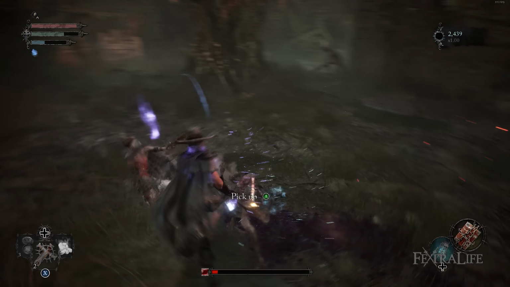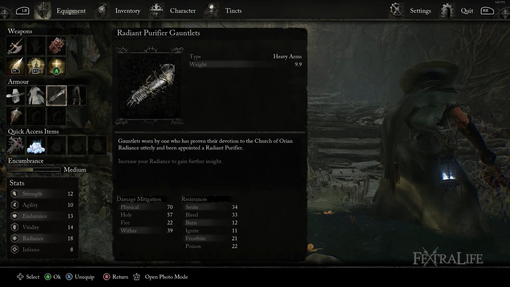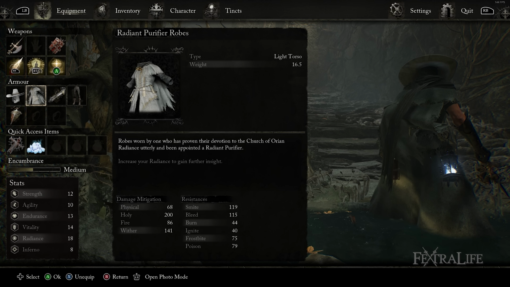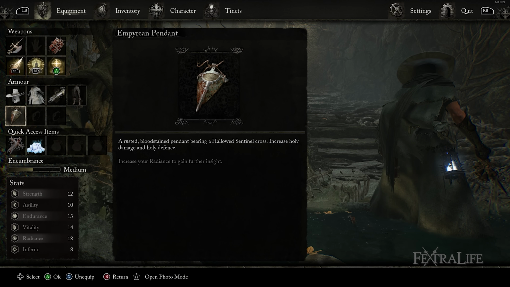It also comes with the Radiant Purifier armor, which is kind of like a lightish medium type armor that has a focus on holy damage resistance, which you may want to sub out for heavier armor, up to you, unless you like the look. And it comes with the Empyrean Pendant, which you can acquire much further into the game,